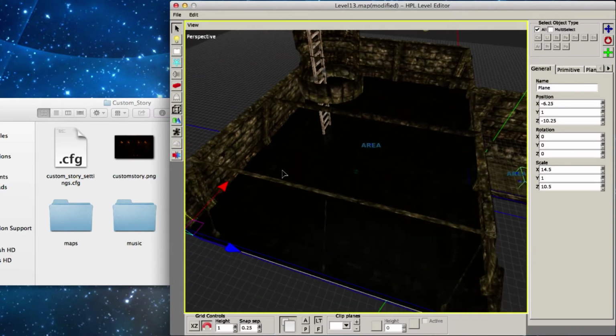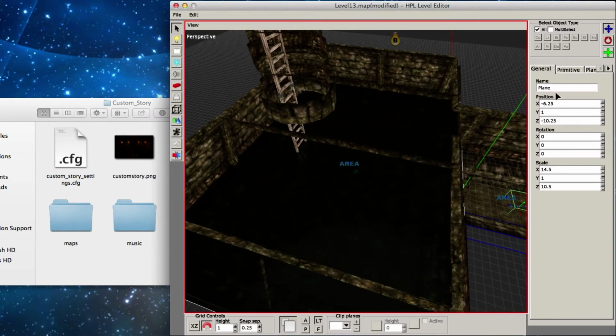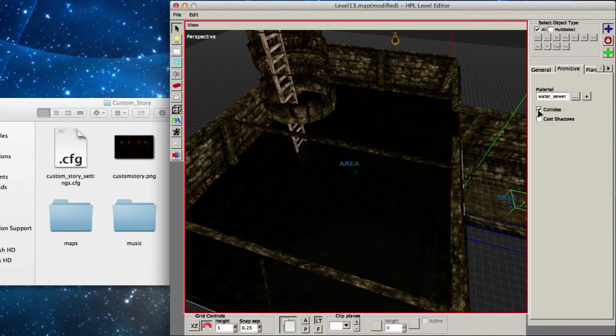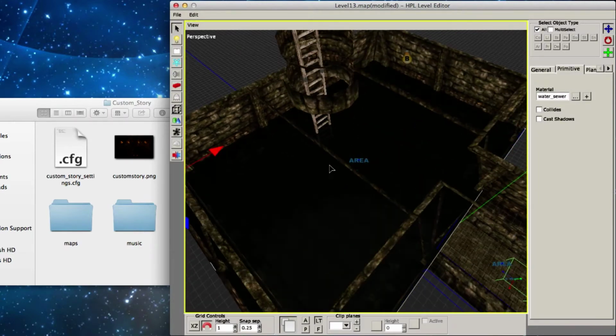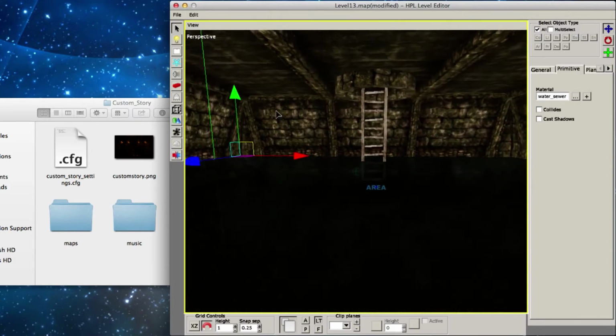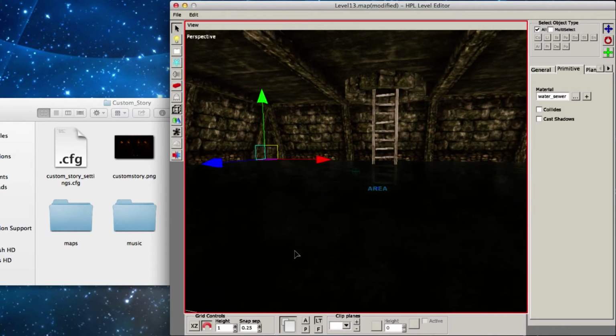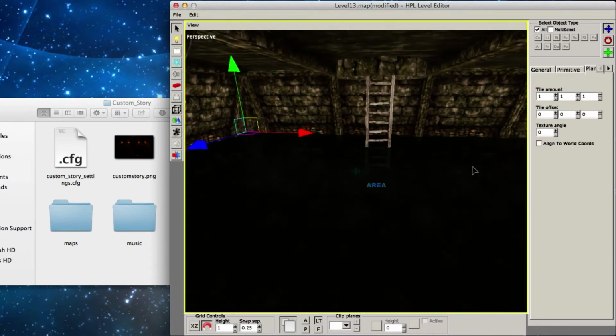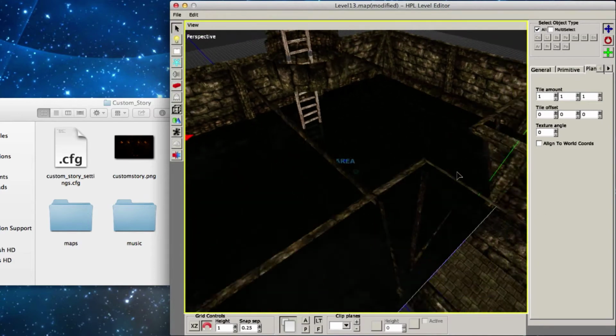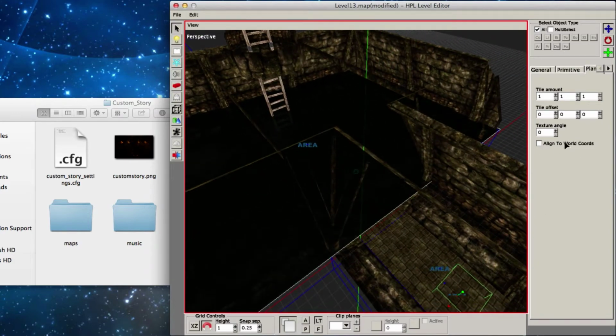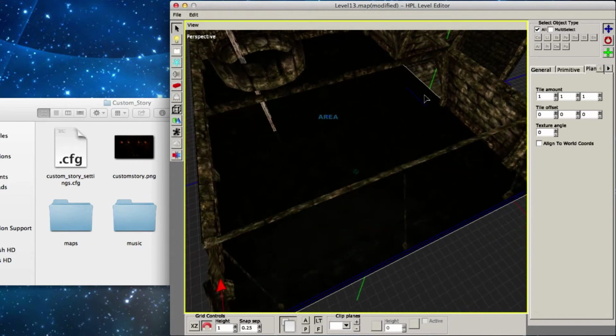This is the water, and one thing you need to make sure of: go on the Primitive tab and turn off collides, or else you'll be able to be Jesus and you'll be able to walk on the water. So like, you don't want to collide with this kind of plane. It's just water, you walk through it, you don't step on it. Otherwise you can just keep these the same, although there's one thing here. I'm gonna mention that in a second.